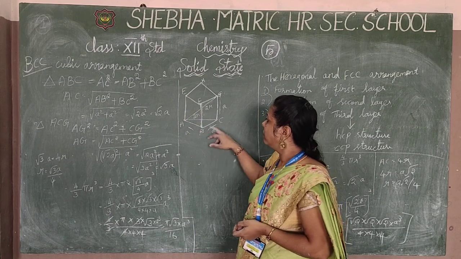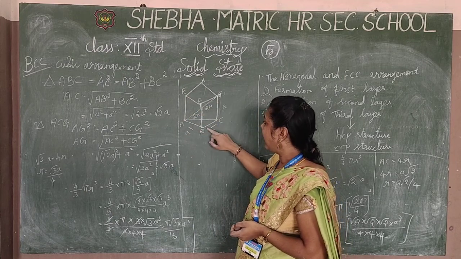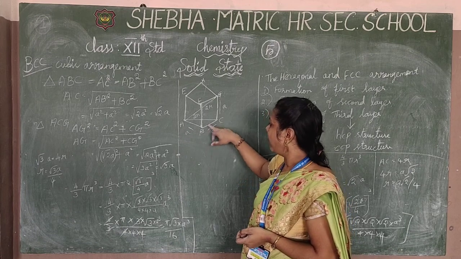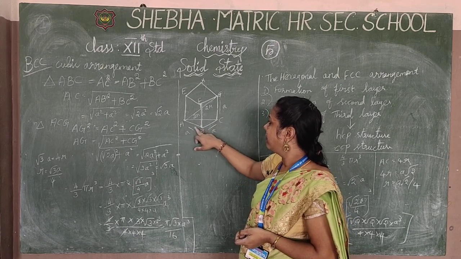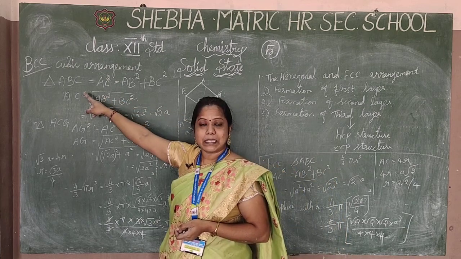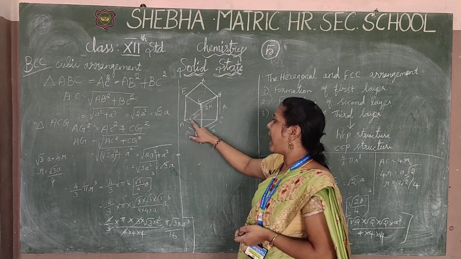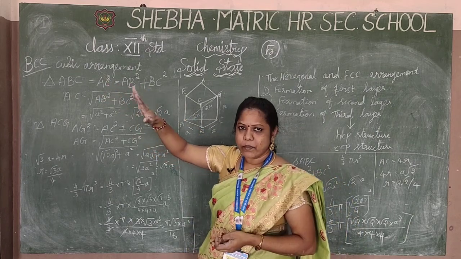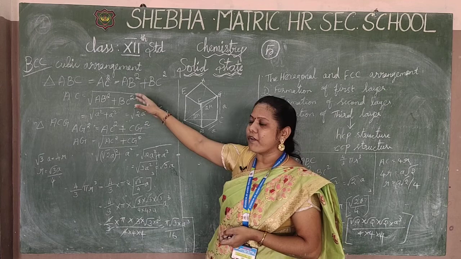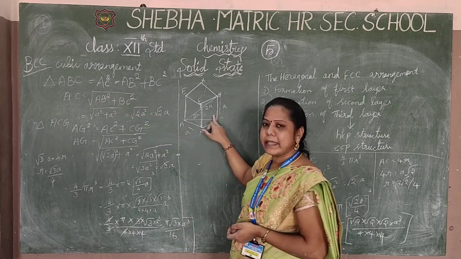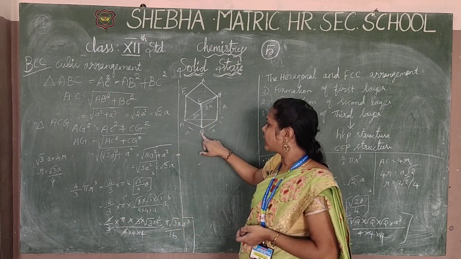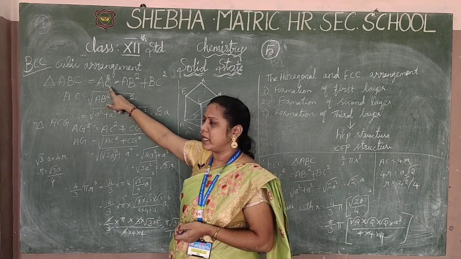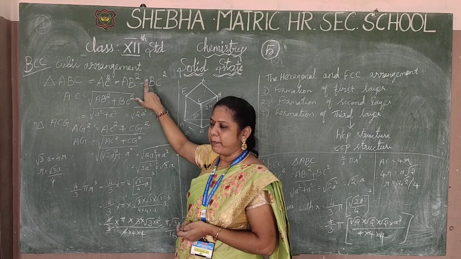You have to know that in the diagram the length of each edge is the same, the value is a, and then we have to go for the angle ABC. First of all we have to go for the angle ABC. From the Pythagoras theorem, you know very well the formula, AC square is equal to AB square plus BC square. Got it? So AC square is equal to AB square plus BC square.